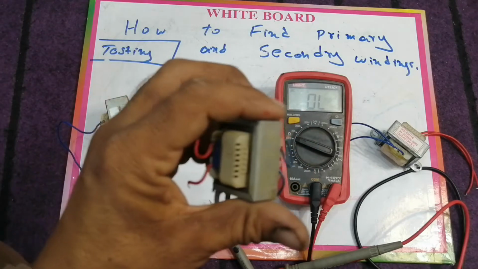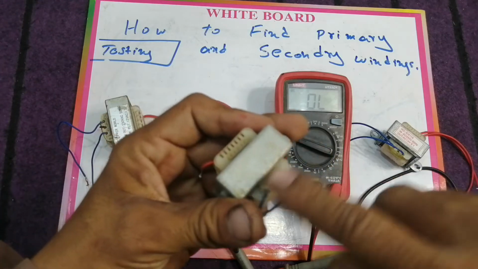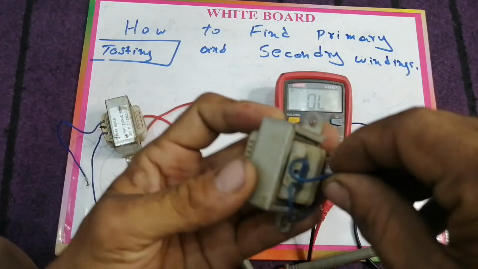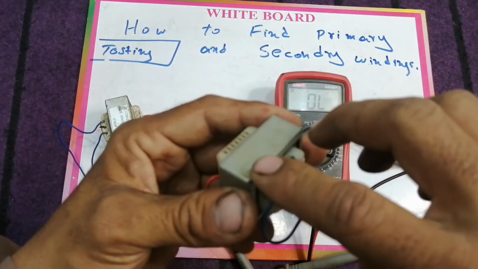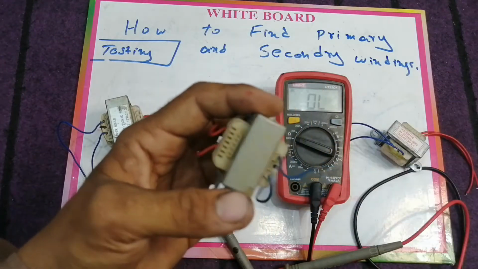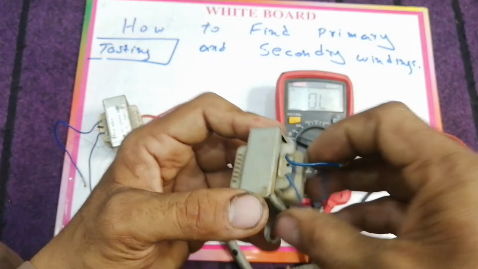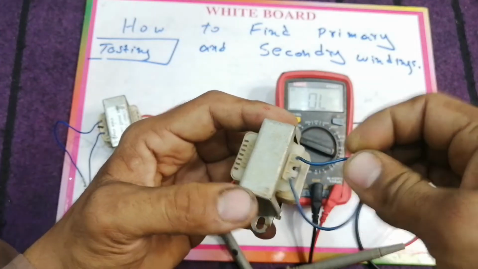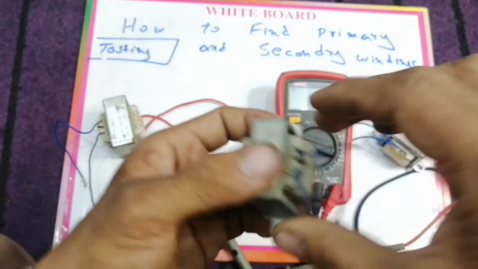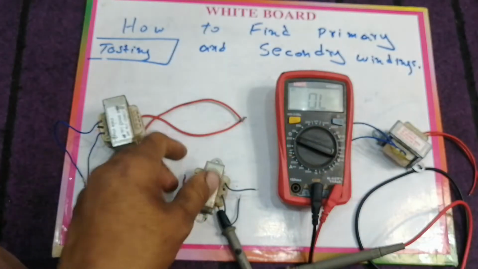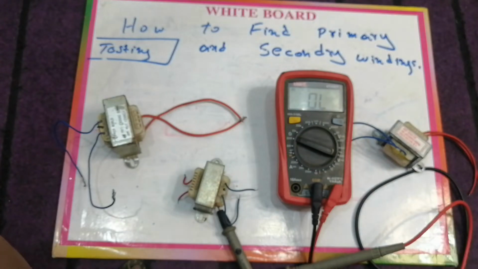We have also another transformer, and we don't have any reading on this transformer, and I know that this is a 12 volt step down transformer, input 220 VAC and output 12 volts. So if we check this side, it will show the low resistance and it will show the high resistance. It means that this is the primary winding and this is the secondary winding. That's all. By using this method, you can easily find out the primary and secondary winding of any step up or step down transformer, but this method is only used for the